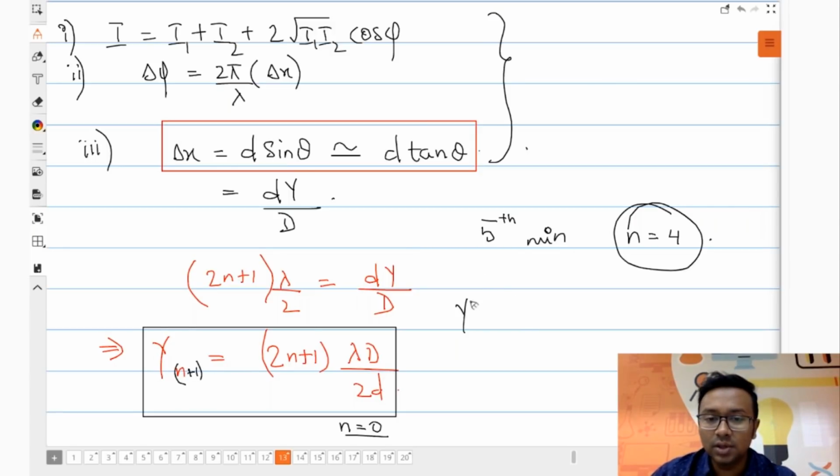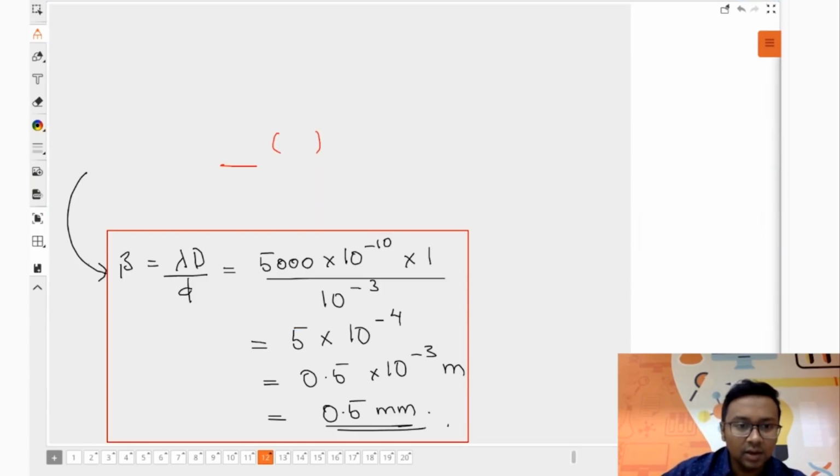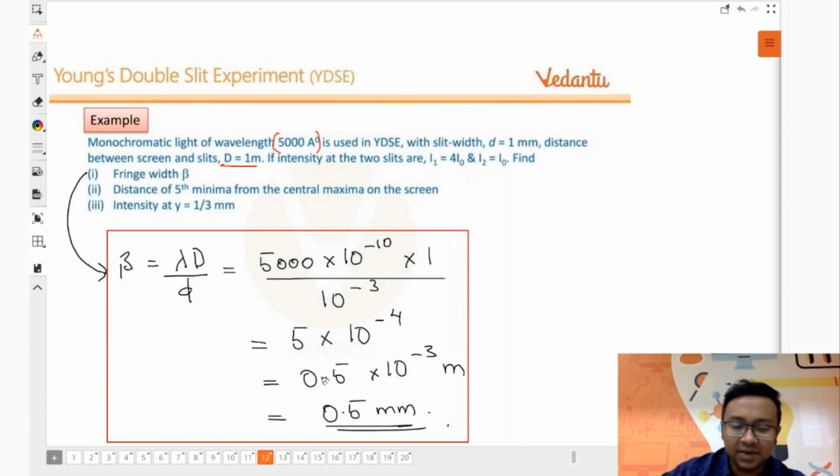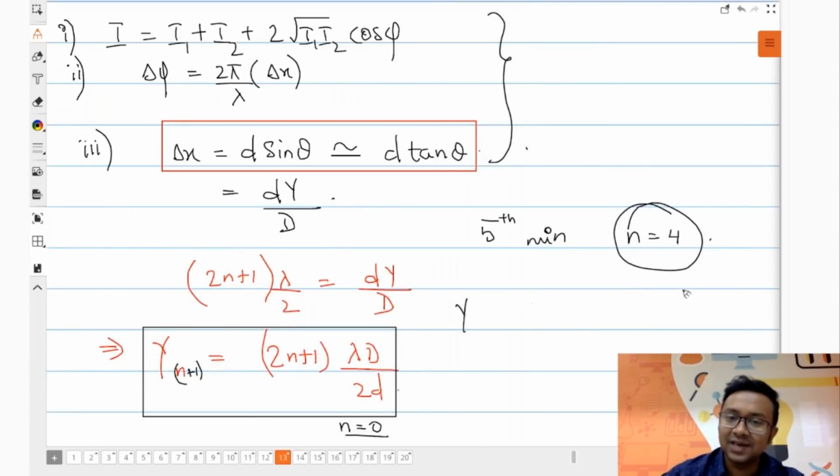So here, what have they asked? They have asked the distance of the fifth minima from the central maxima on the screen. The central maxima is just like the axis, the origin, all right? So for the fifth, it is 2 into 4 plus 1, into lambda,